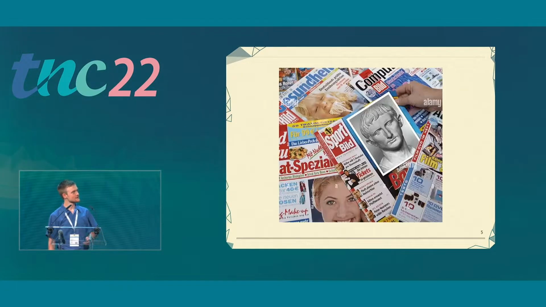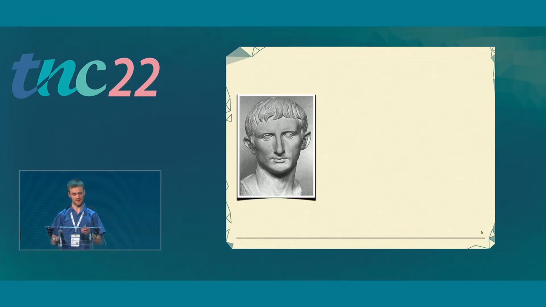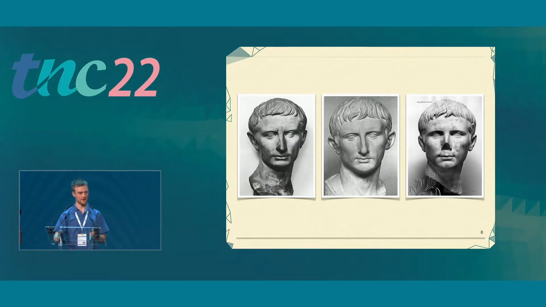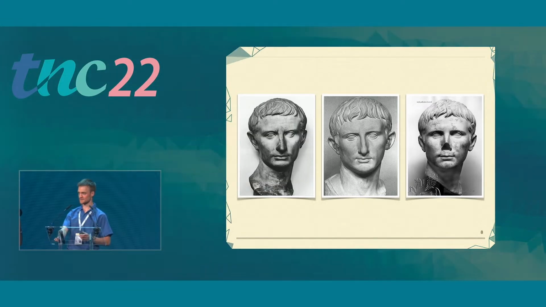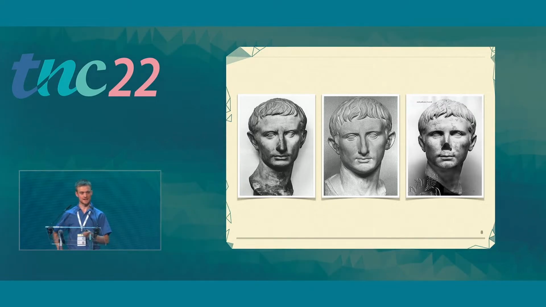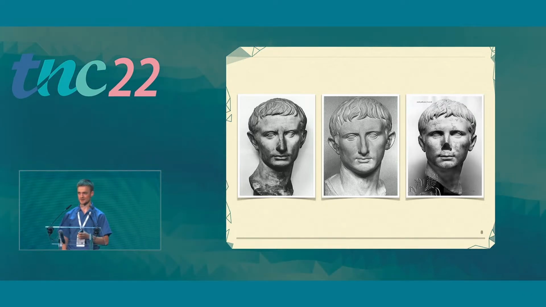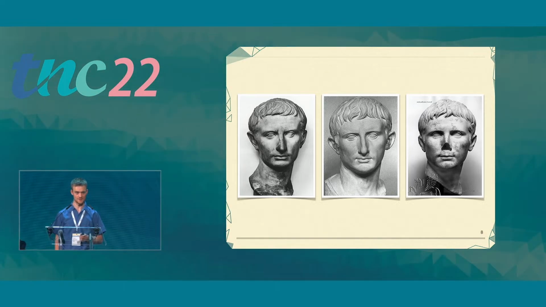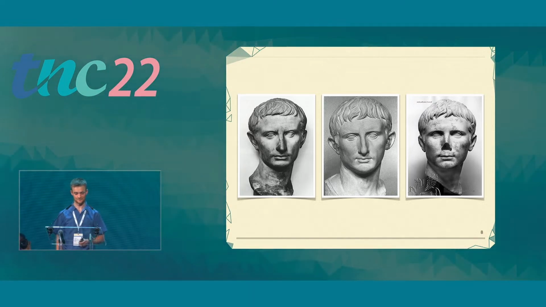Nobody. So these were used as a marketing tool, and in order to be successful, these statues had to be mass-produced. And when I say mass-produced, I really mean absolutely mass-produced. This mass production leads to these statues sharing a common set of characteristics. These three statues all depict the same emperor, and as you can see, they look quite similar. So they've been very successful in making these statues look alike.